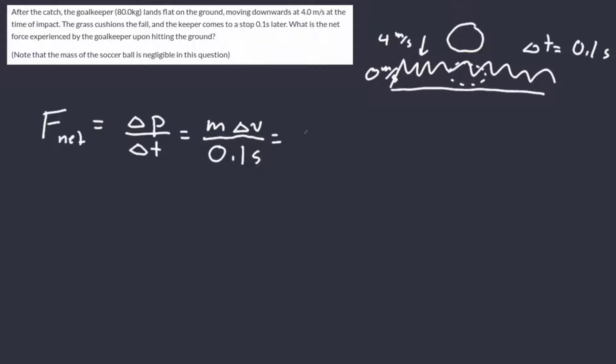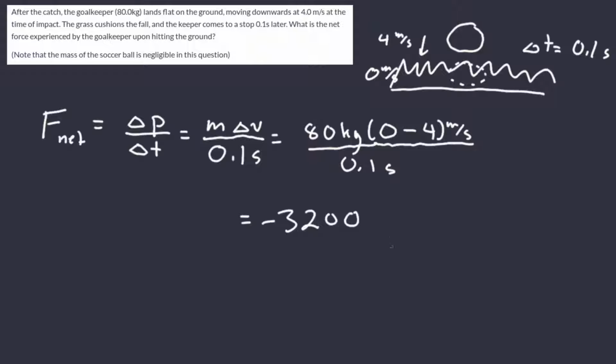So we'll plug in our numbers here. The mass, 80 kilograms. Delta v we can write as v final minus v initial. So our final is 0 and our initial is 4. So let's write this as 0 minus 4 meters per second, and all divided by 0.1 seconds. So all we need to do now is just plug these numbers into our calculator, and we end up with negative